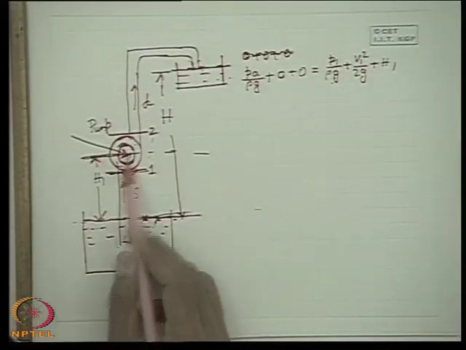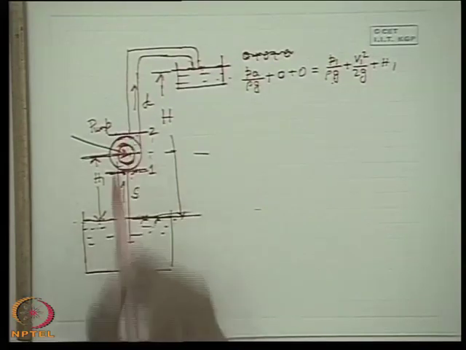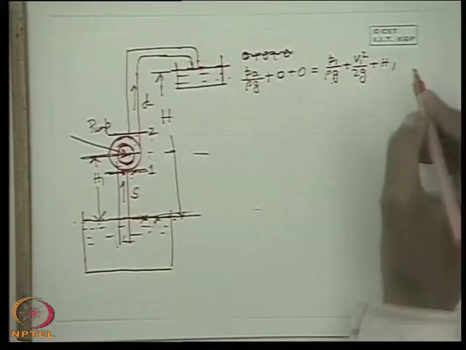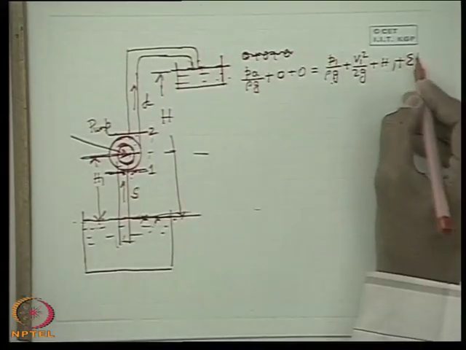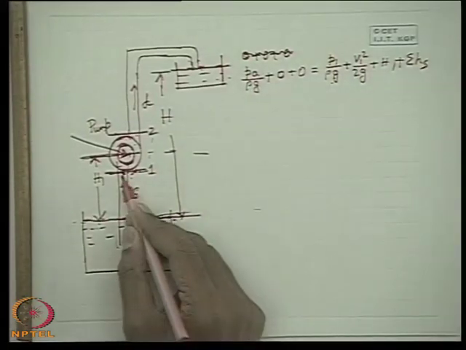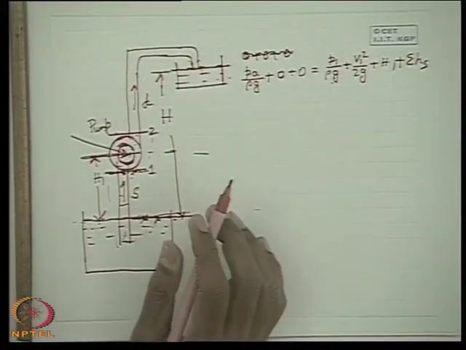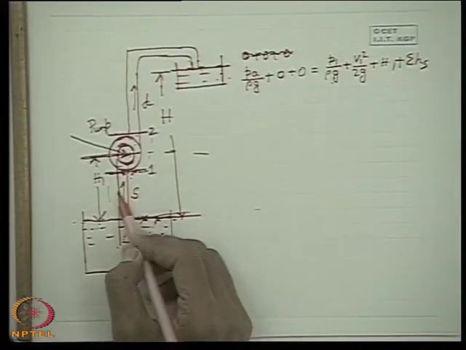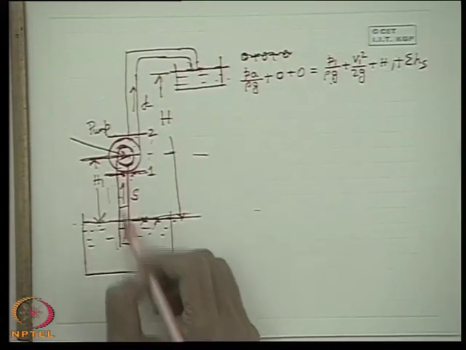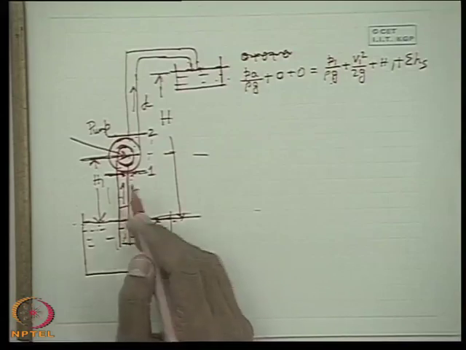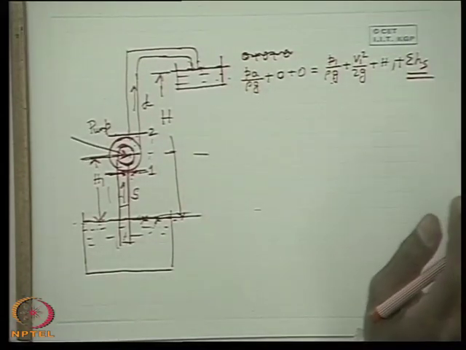That means this is the height from the sump of the pump center line, which can be taken as the height of the pump inlet and pump outlet. So this is the equation, plus all the losses in the suction side, that means sigma HS. This is the pipe friction loss. On the suction side, there may be a bend, there may be a valve, many things may be there. So all the losses encountered in the suction side. I am not posing the problem such that there will be only frictional losses; depending upon the problem definition, there may be a number of losses. So this is the precise Bernoulli's equation.